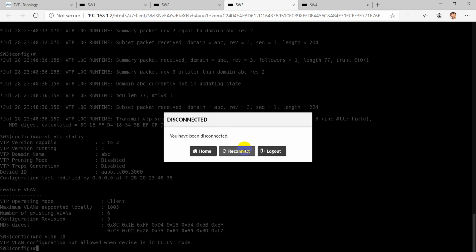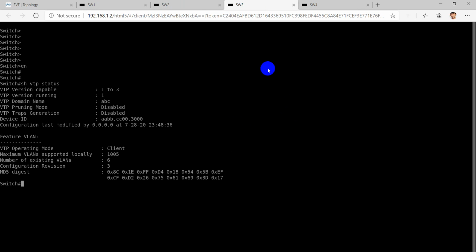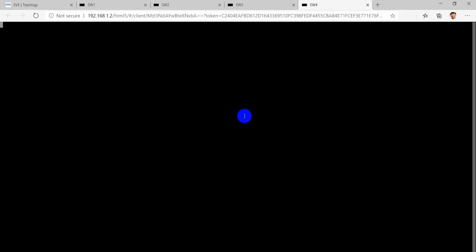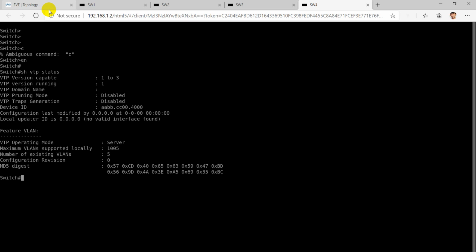So let's go to this attacker switch. So switch 3 will reconnect again. You will see that the revision number is currently 3, and here on switch 4, show VTP status, you will see that the revision number is 0 currently, and the domain name is set as null.